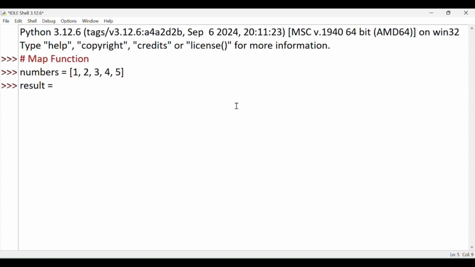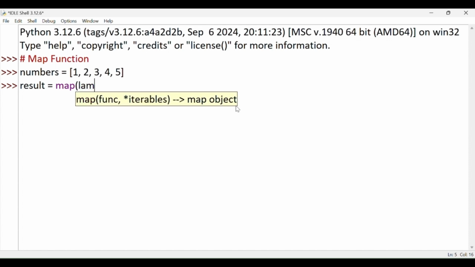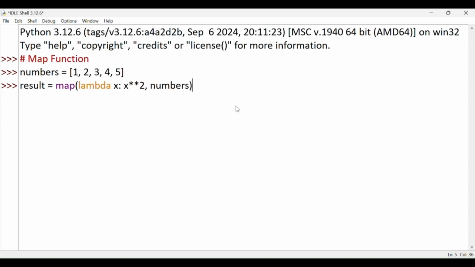So I will assign this variable the map function, and inside the map function I will first pass my lambda function. It will take one variable as an argument, let's say x, and then I will put a colon here. I have to find the square of every number, so I will write x raised to power 2, put a comma, and then I will pass the name of my list, which is numbers, close the bracket